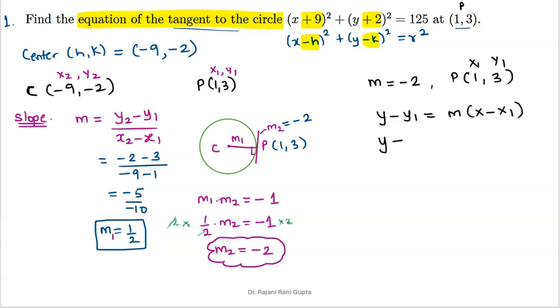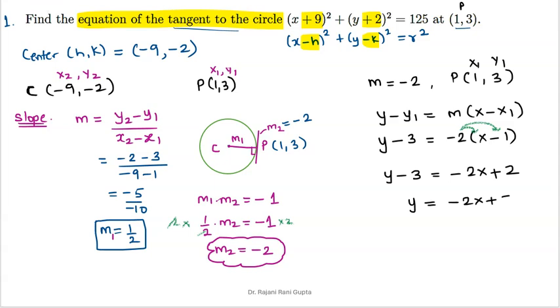So y minus 3 equals -2 times (x minus 1). Using the distributive property gives y minus 3 equals -2x plus 2. Simplifying, y equals -2x plus 2 plus 3, giving you 5. So this is your equation of the tangent